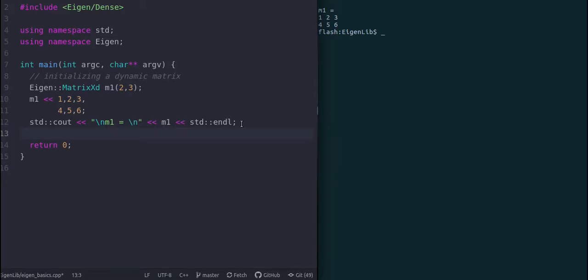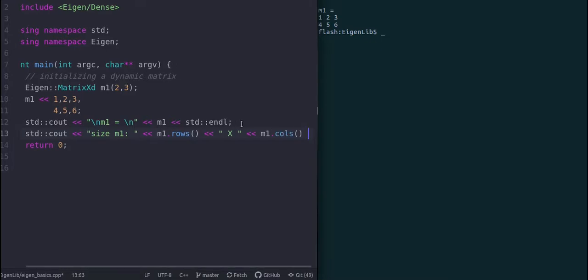So, for that, if we suppose want to print those numbers, then we say std::cout, then the size of M1 will be M1.rows() method, and then suppose we also are interested in finding how many columns M1 has. So, for that we will invoke the M1.cols() method